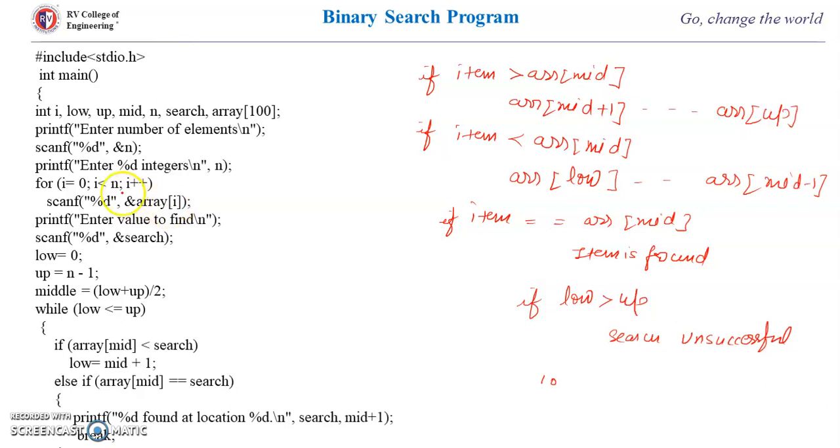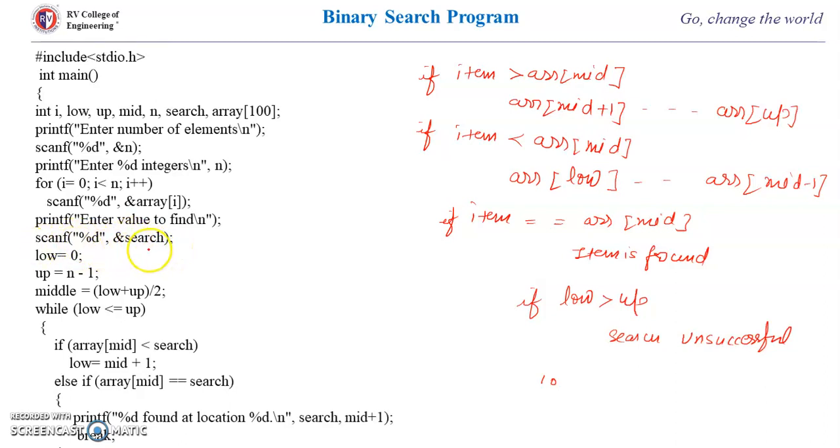So this scanf function, so 0 to 9. When i is 0, array 0 means the first element of the array will be taken from the user, and then when i is equal to 1, the second element will be taken from the user. Like that, when i is 9, the last element of the array will be taken from the user, and then when i becomes 10, we'll come out of the for loop, and this printf message we have given so that the user can input the element which he wants to search,